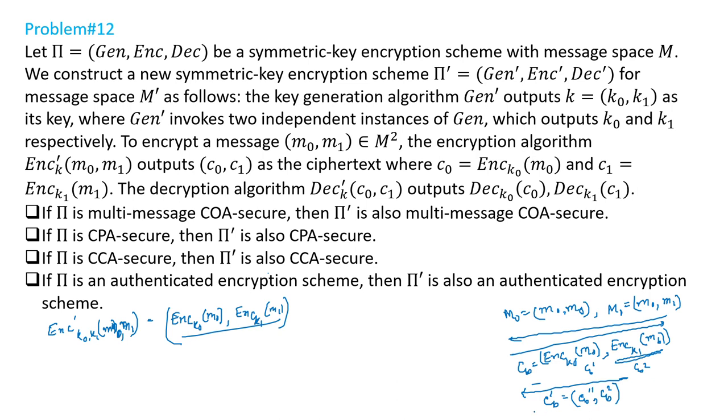And now when it gets decrypted by the challenger, this will lead to some arbitrary message m, but this CB2 part will exactly return either m0 or m1. And looking at that, you can say whether the challenge ciphertext CB is encrypting this m0 or this m1, right? So that is how you can differentiate between the two cases by exploiting the decryption oracle. So CCA security is not there, and since CCA security is not there, pi dash will not be an authenticated encryption scheme also.